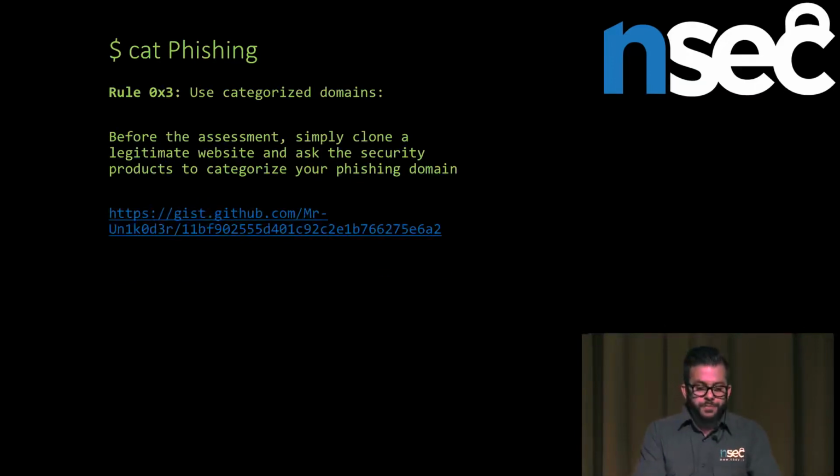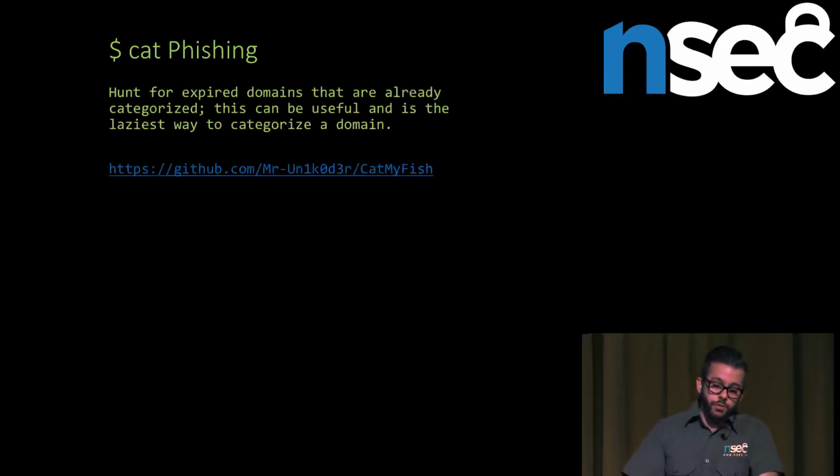Use categorized domains. Fairly simple. There's a bunch of websites that are already categorized. Personally, I use this little tool, which is like a four-liner of Bash, which just clones a website and changes the base, so I can clone a website, which is an exact copy of the original one, and send it to categorizers such as Bluecoat, which is actually now Symantec, and a bunch of other companies. They're just going to categorize your domain because it's a legitimate, well-known domain. After that, you're good to go, and you can use this domain for phishing or for your C2 connection.